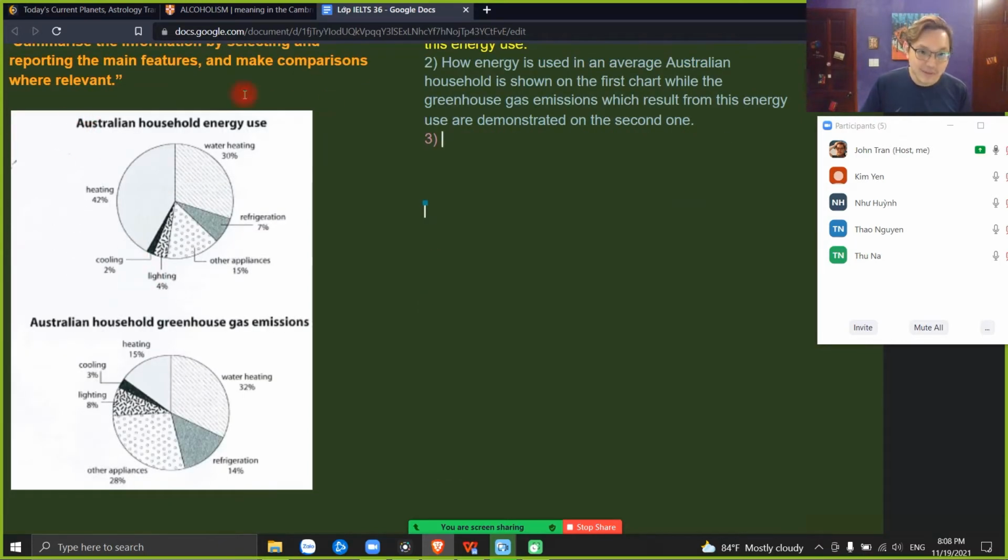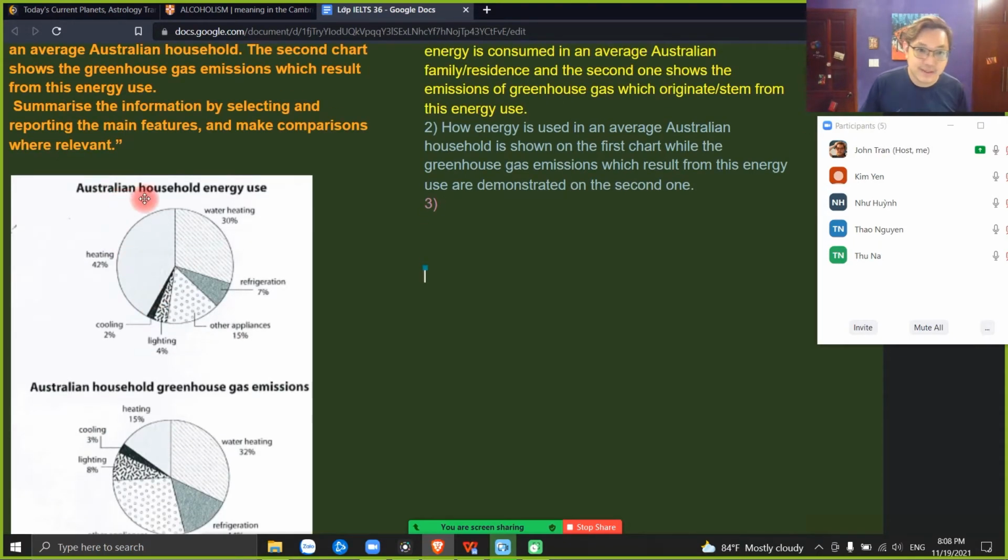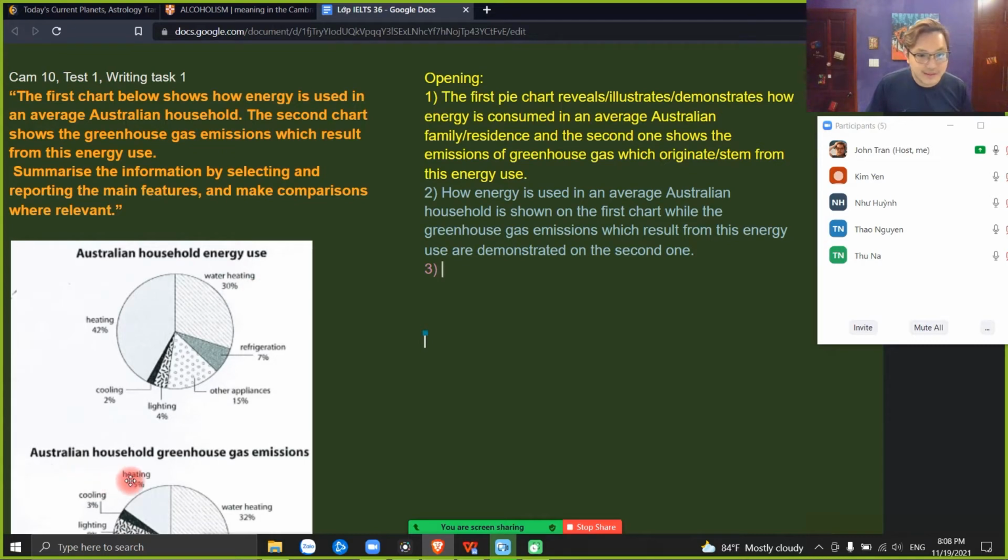Basically, you can use the information provided from the picture, like, for example, the title. We can use this thing, Australian household energy use and Australian household greenhouse gas emission. I'll show you this one, okay? We can say that basically